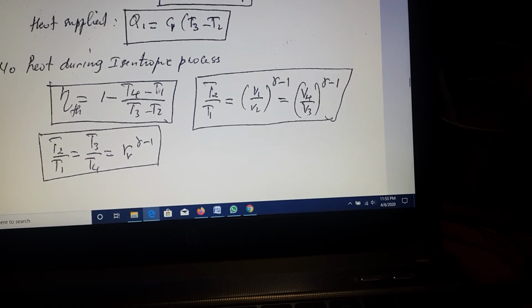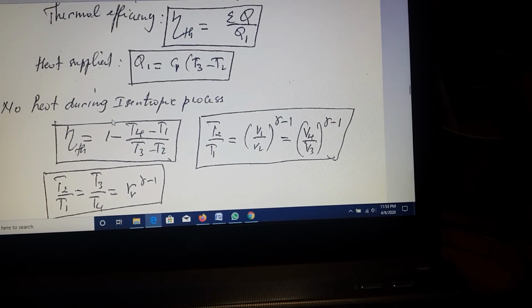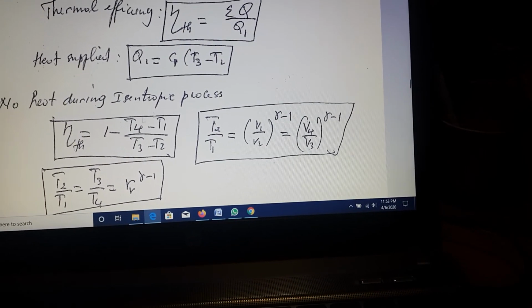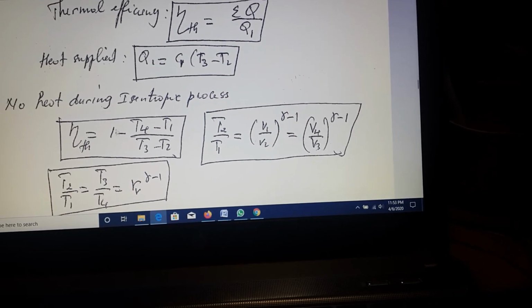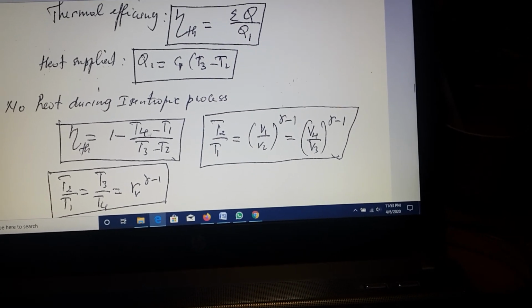And now the thermal efficiency, you can, except to use this one, you can also use this one if you have a